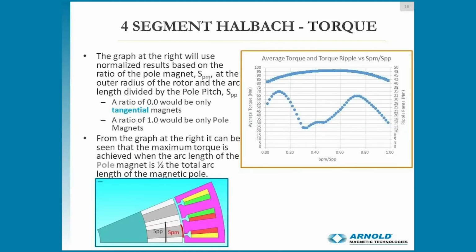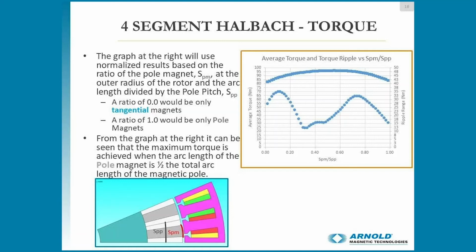So taking a look at the torque results of the two, we want to know what's the best sizing we can have. So you can make those tangent magnets wider, you can make the radial pole magnets wider, or you can make them deeper or not also. So we can do a lot with the shape, overall volume of both the radial and the tangent magnets.